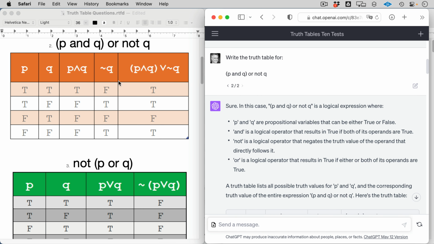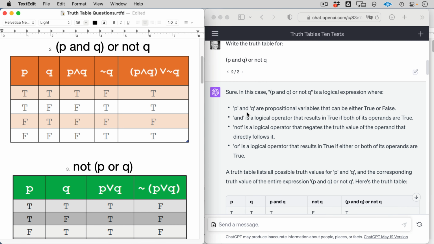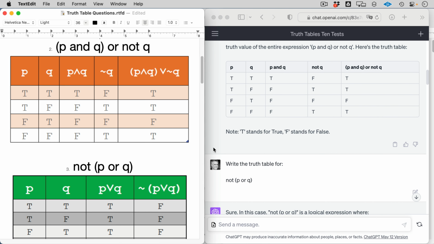Simply feeding in the exact question, so to speak, or the logic at the top. Let's see what our answers are. A quick comparison. You'll see that we have true, true, true, false, true. And line number 2 is accurate as well. And line number 3, false, true, false, false, false, all the way down to false, false, false, true, true. So I'm going to just let you visually compare.